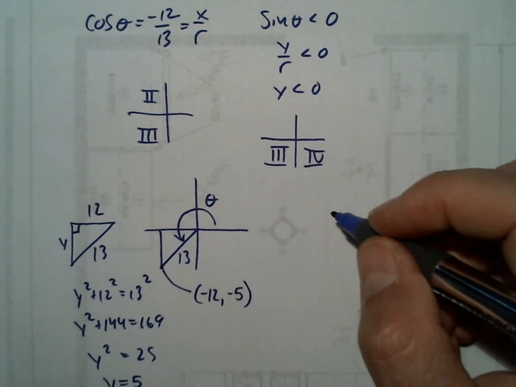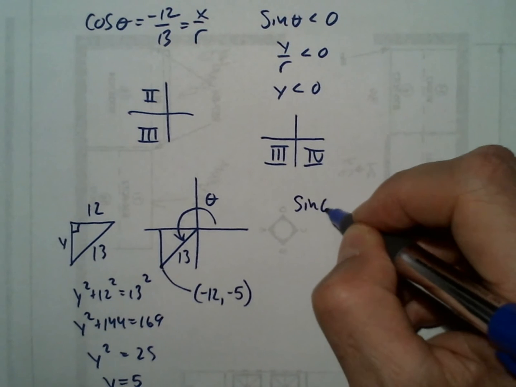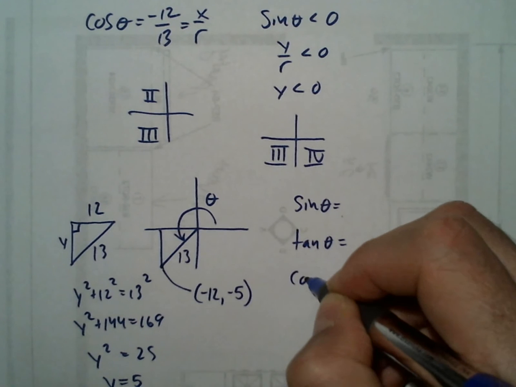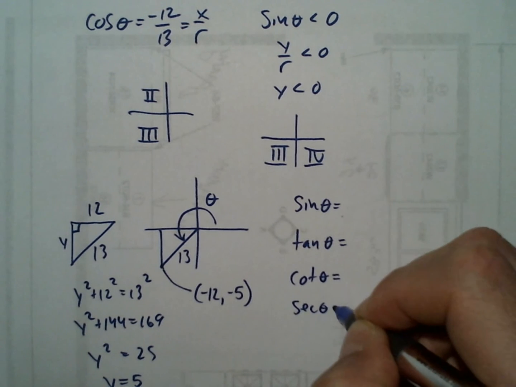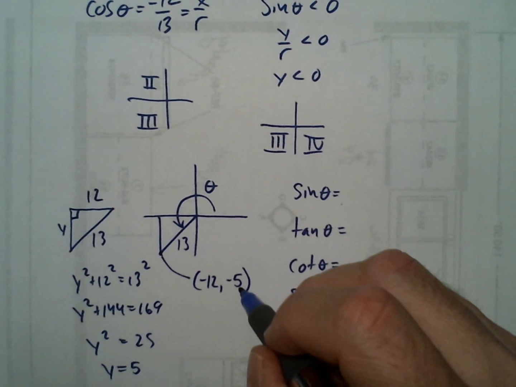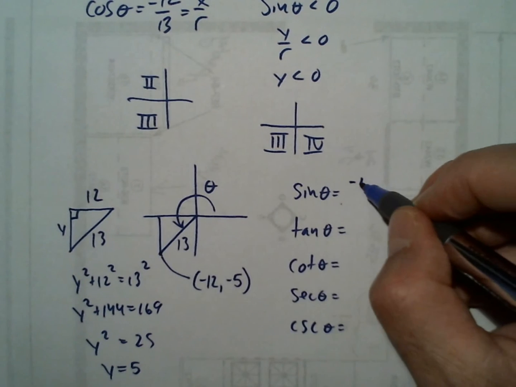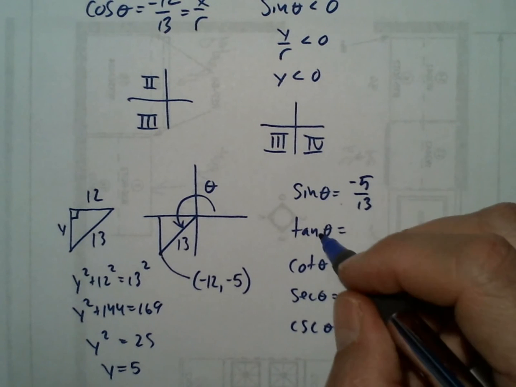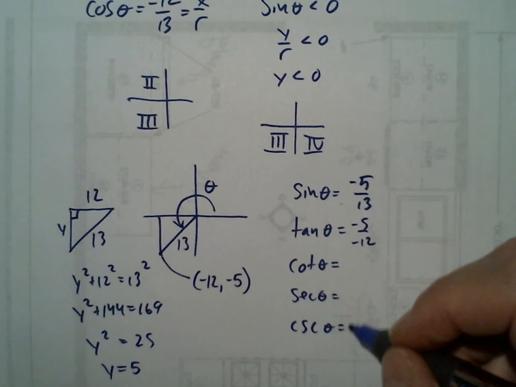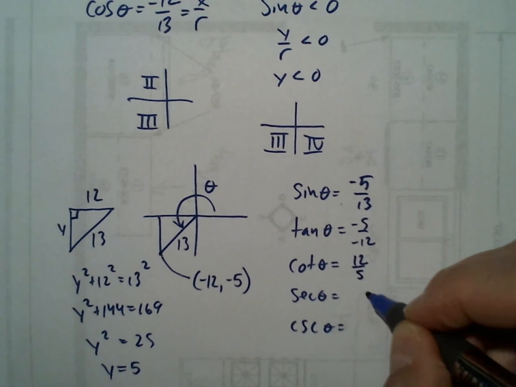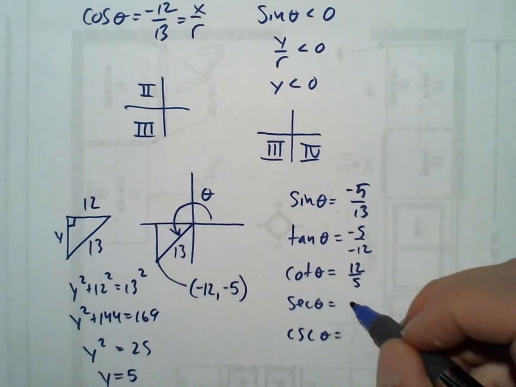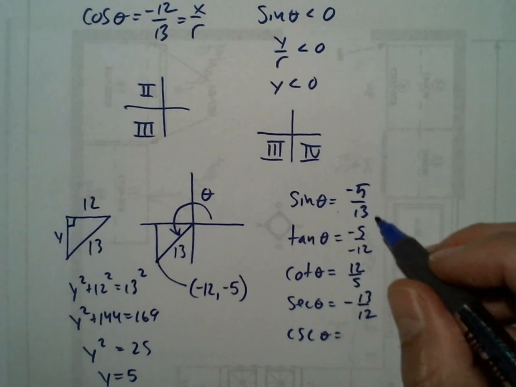And for the other functions, we have sine, cosine we already know. So sine is y over r, negative 5 over 13. Tangent is y over x. We can just do the reciprocals, 12 over 5. Reciprocal of cosine, cosine was given, so we'll do the reciprocal, 13 over 12, negative. And the reciprocal of sine,